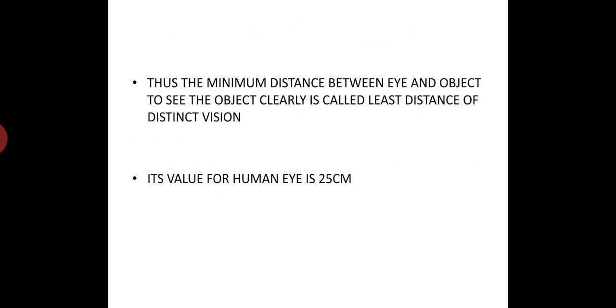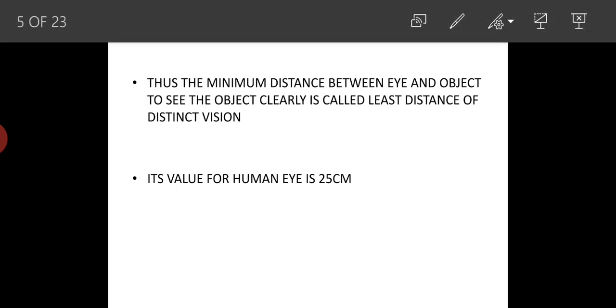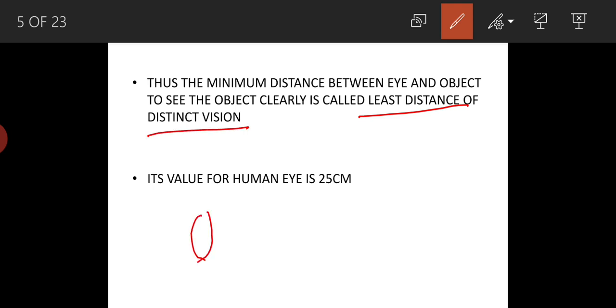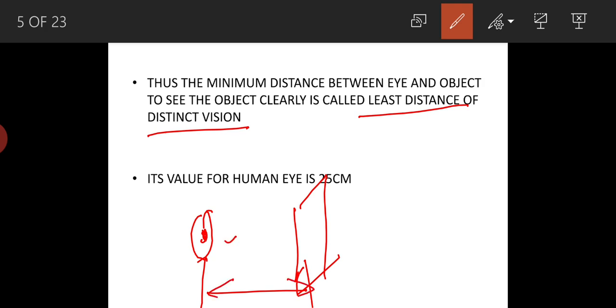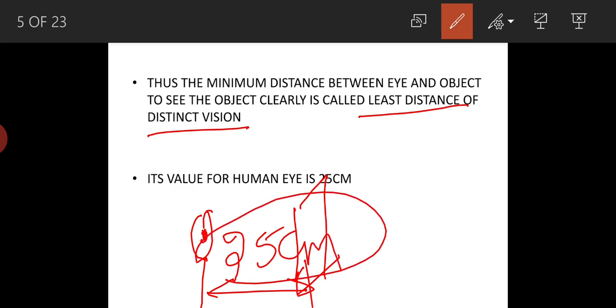Thus, the minimum distance between the eye and the object to see the object clearly is called least distance of distinct vision. It means in order to see the object very clearly, you should maintain some minimum distance between the object and the eye. This minimum distance is called least distance of distinct vision, and its value is 25 centimeters for the human eye. Next,